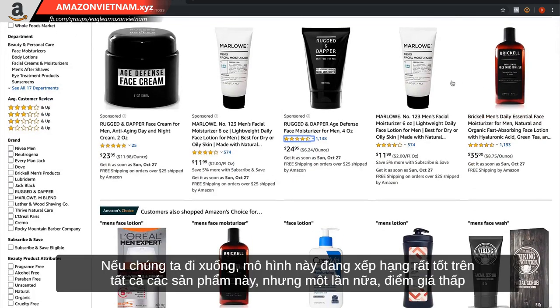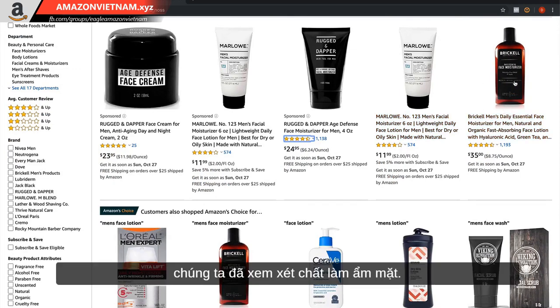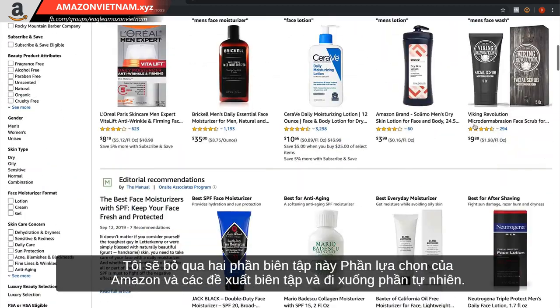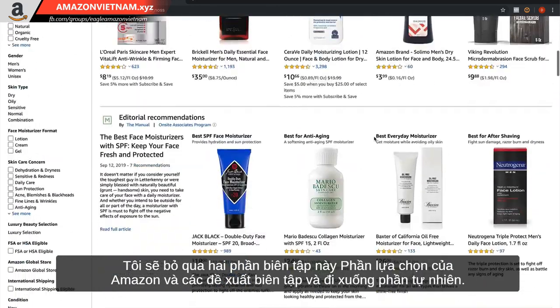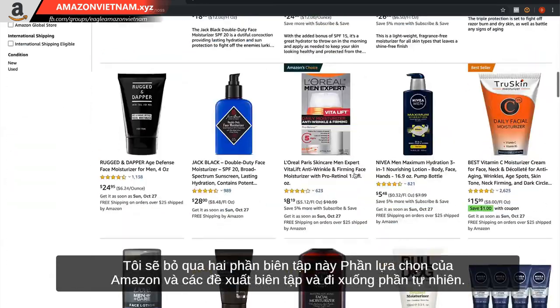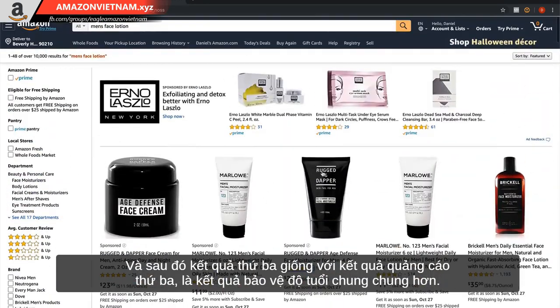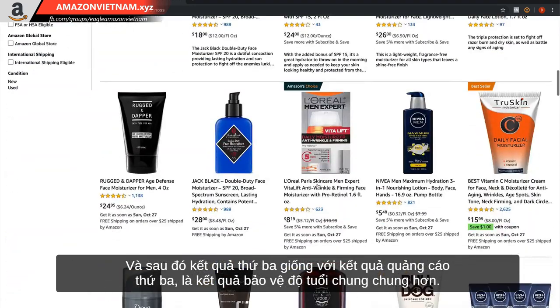If we come down, this Marlow's ranking very well organically across all of these products, but again, they're a low price point. We've already looked at the Brickwell Face Moisturizer. It's more of a daily moisturizer. I'm going to skip these 2 editorial sections, Amazon's Choice section and the editorial recommendations, and go down to the natural. And then the third result is the same as the third advertising result here, which is the Age Defense. More general,